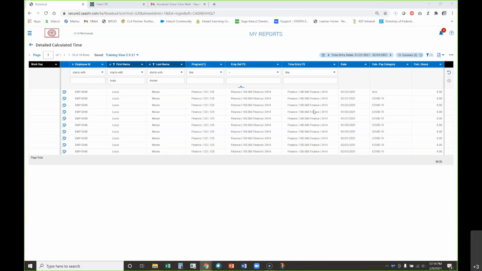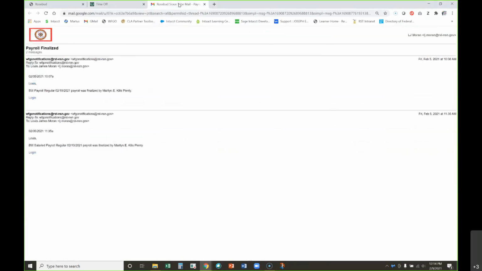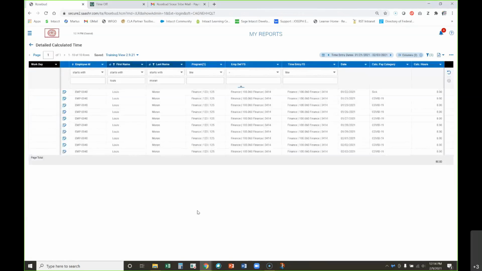One, obviously, because we can do all this. But another thing you want to keep in mind is when payroll is processed. So last week, payroll was completed, let's see, by 11:30 a.m. on Friday. Maryland was complete with payroll, 11:30 on Friday. So if we had an employee whose paycheck said 42 hours, and then we come to this screen and we see what we're looking at here, 80 hours,